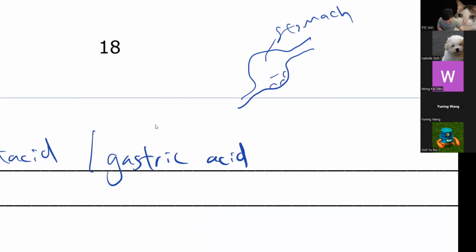Okay, and let me say this, guys. If you eat your gastric medicine, you are not curing the disease. You are just relieving the symptom. You are just making yourself feel better. The gastric is still there, right? To fully cure gastric, you have to fix your lifestyle. You have to eat at the correct time. You have to, okay,